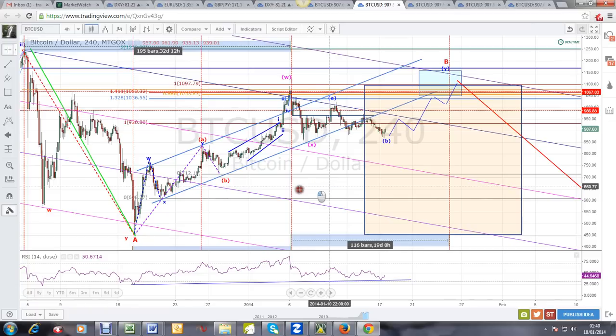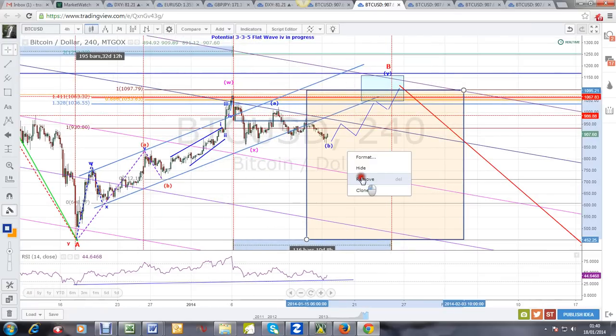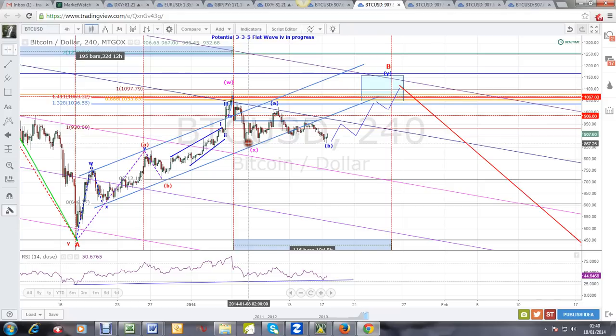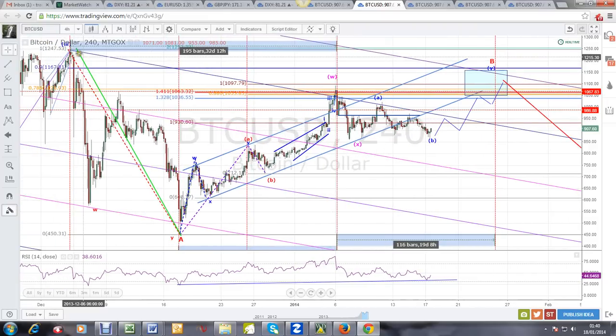So if we look at a further upside, then in this area you can see we got drop down, then we got A, B, and C up. We got A, B, and C down. Now from here, I am blind just as much as you are blind. I cannot now fudge anything. I'm simply saying a concept. I could be completely wrong, and maybe this might dwarf into some other kind of pattern. It might not even turn out as a potential flat we are talking about. But the bigger picture is this flat. That's a big picture. And this is the one that you really need to focus on, because this is